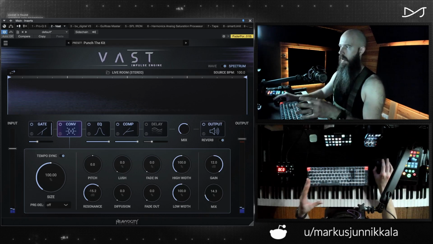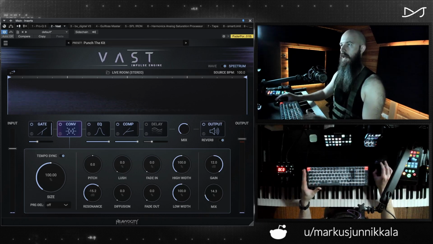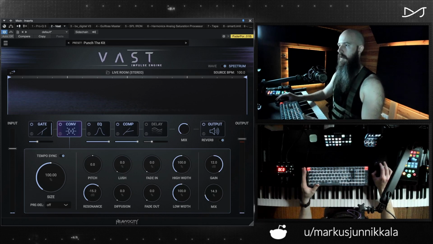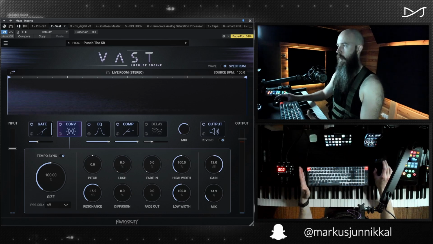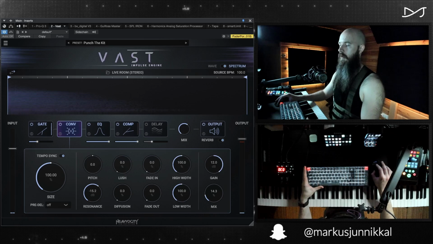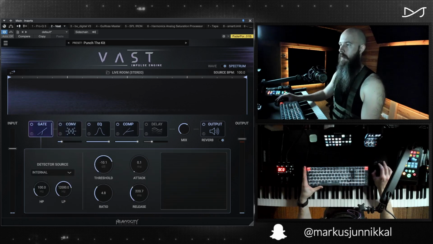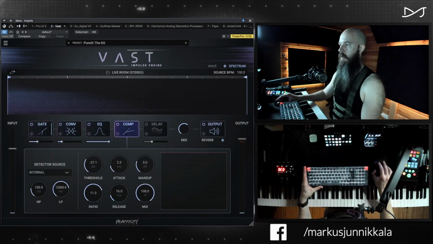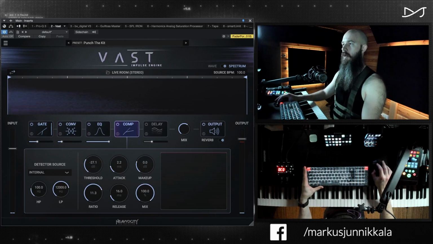Obviously, we have a bit of a level boost there as well, but let's have a look. Bit of convolution, giving it, well, it says live room IR. So boosting, or enhancing, the immersion of that, bit of EQ, bit of compression. So this has quite a bit of